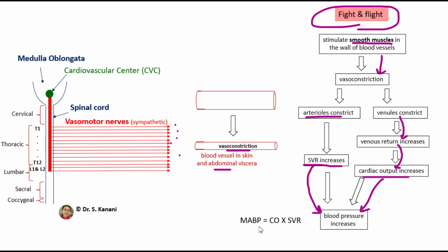Recall that the average blood pressure is calculated using this formula. If cardiac output goes up or systemic vascular resistance goes up, blood pressure goes up. And in this scenario, that vasomotor nerves stimulated the blood vessels in skin and abdominal viscera and caused their constriction, we made the conclusion that both systemic vascular resistance and cardiac output increased, and that explains why the blood pressure